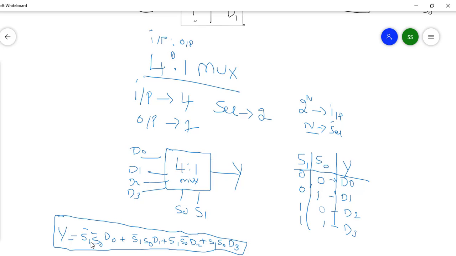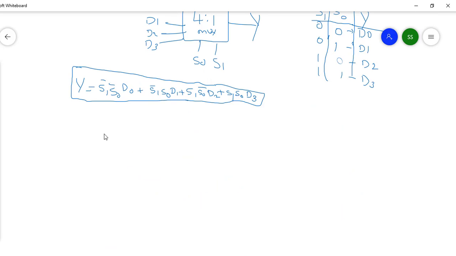Take S0 and S1 as the select lines, as we have taken previously, and take four inputs D0, D1, D2, D3, four AND gates and one OR gate. You can make it like this. This is your D0, D1, D2 and D3. Here you can take two things from S1: one is S1 straight and another one is S1 bar. Again from S0 two things: one is S0 directly, another one is S0 bar. You can make it like this.